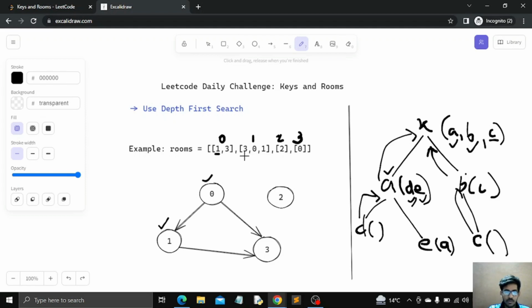So firstly we are going to take the key of room 3, I'm sorry. So firstly we are going to grab the keys of room 3 and we are going to visit this room. So room 3 is also visited. So now currently we are at room 3. At room 3 we are having key of room 0. But as room 0 is already visited,